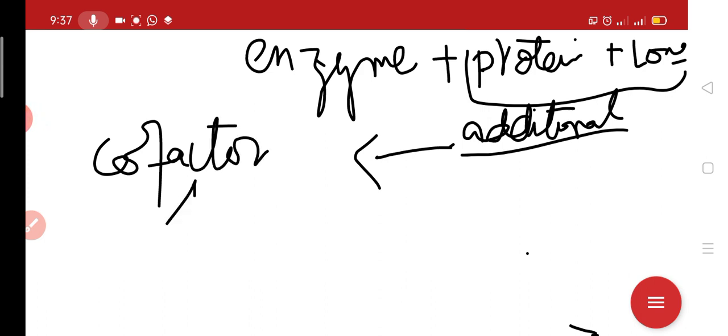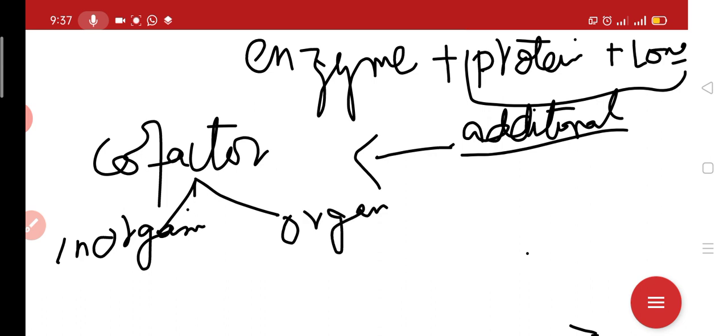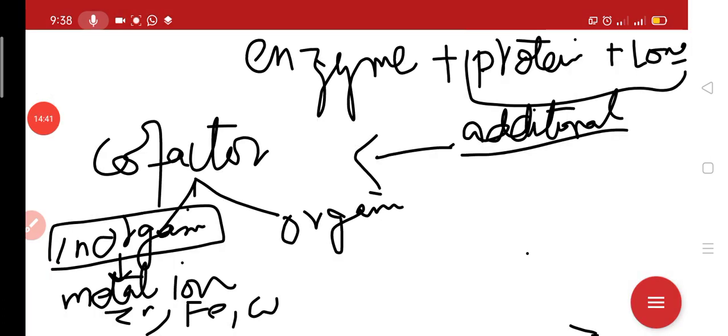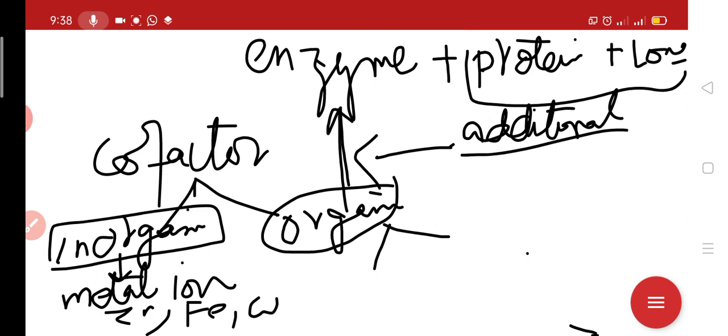Now, cofactor can be of two types: inorganic or organic. The inorganic are basically those cofactors which do not contain the combination of carbon and hydrogen, and in that case they are mostly metal ions. The metal ions could be zinc, iron, or copper. While the organic have two further types: if the organic cofactor is tightly attached with the enzyme, very tightly,